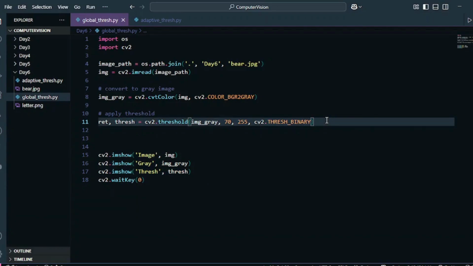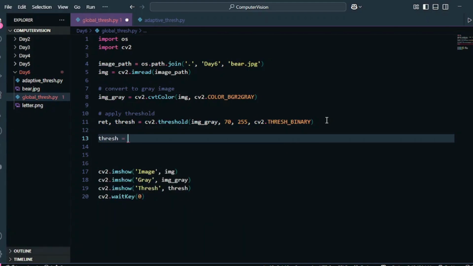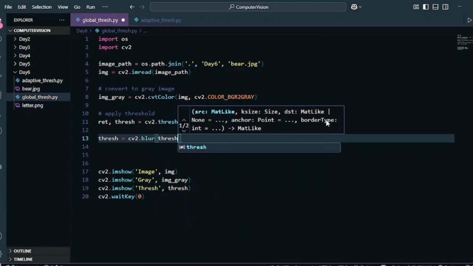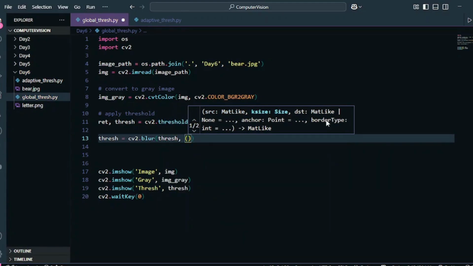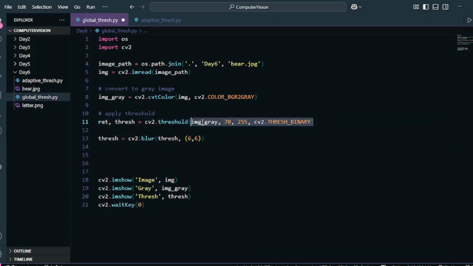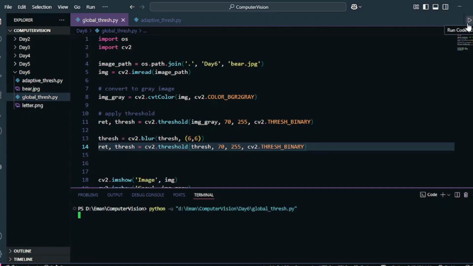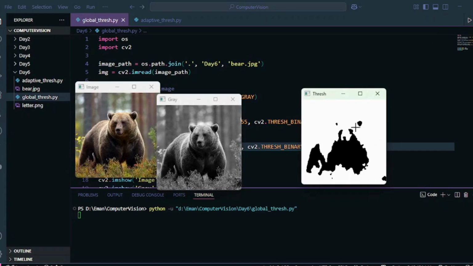And we have talked about image blurring as well, so let's try to remove that noise. So we are going to use the OpenCV function blur, and first we will pass the image, which is called thresh, and then we're going to define the neighborhood area. And right now I'm going to define the neighborhood area as 6 by 6, and we are going to again apply the threshold on it. So I'm going to just copy paste this line, and instead of image gray, I'm going to pass thresh over here now, and let's see the difference. Okay, yes. So there was a lot of noise in the image, but now all that noise has been removed as well. The image is properly segmented now.